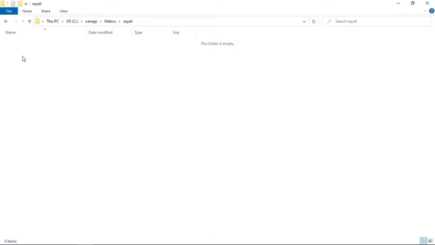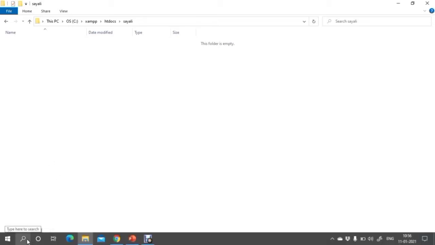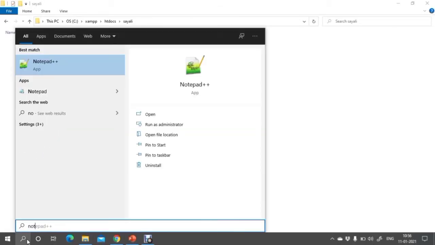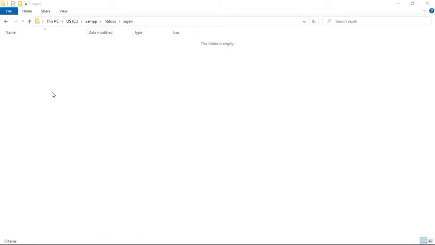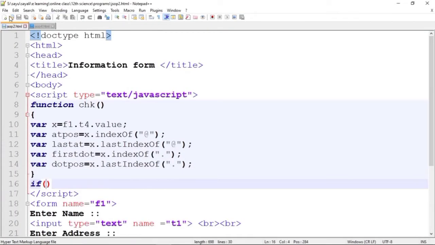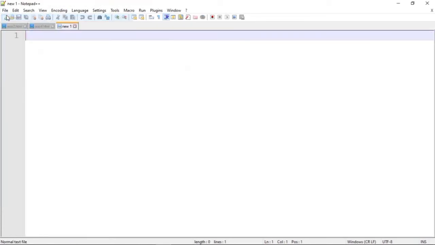To create a PHP file, we can use any editor. Suppose we use Notepad++, then we can use Notepad++. Instead of that, we can use Notepad also. Suppose we use Notepad++. Then open a new document and start writing the code here.